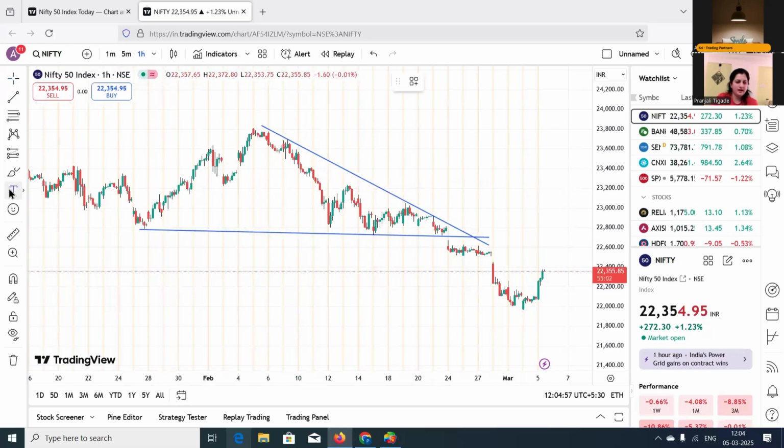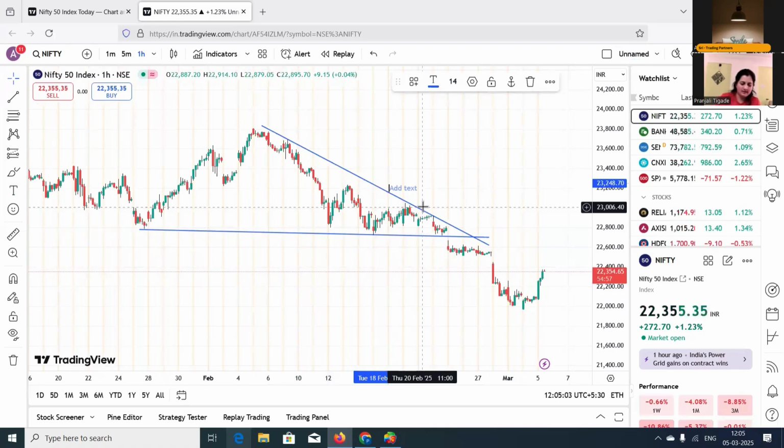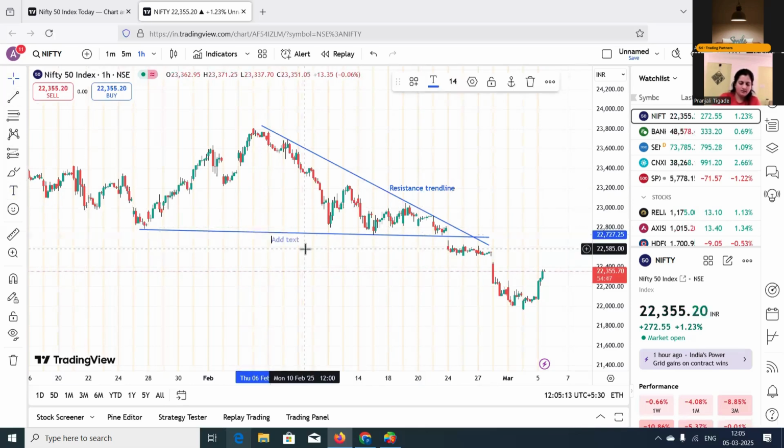So here we have the text tool. So even if I want to write something, then I can select that text tool and write resistance trend line. And this is my support trend line. Okay.